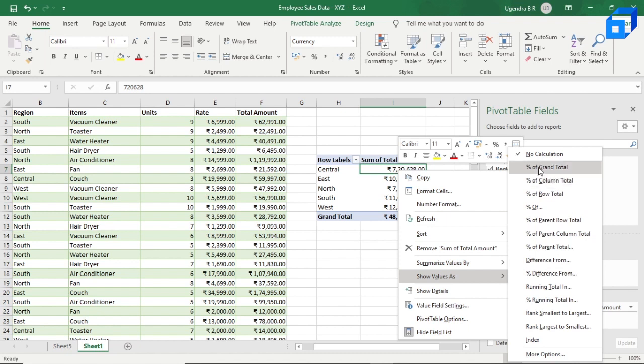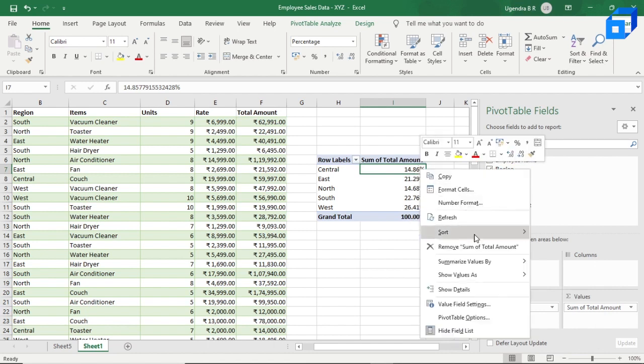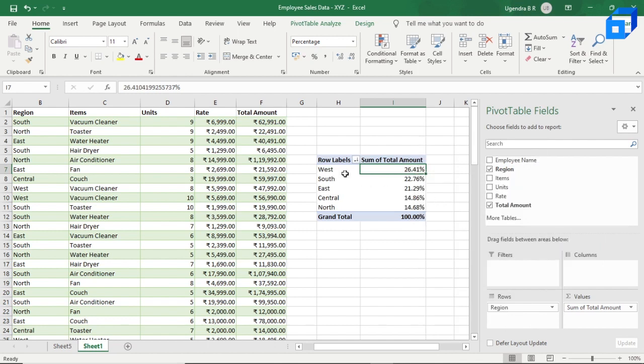Here you can see the percentage of grand total; we need to select this. Here you can see that the Central region has 14.86% of total sales. Now let us sort this in descending order, largest to smallest. So you can see that the West region has sold the highest percentage of sales.